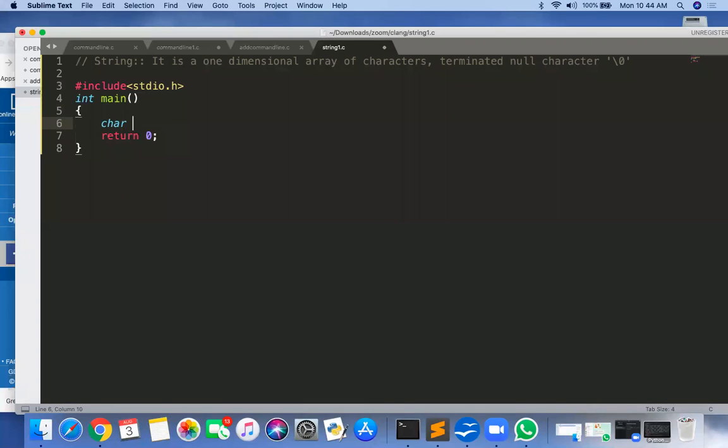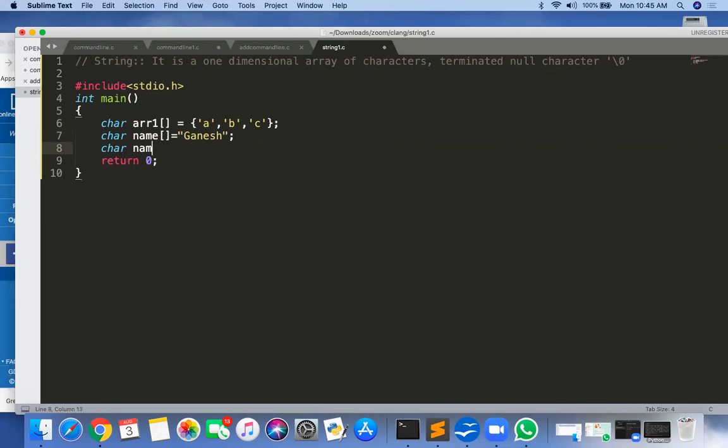Okay, so I'm defining one character array here. arr1 is equal to A, B, C. The second one is name array is equal to "Ganesh".